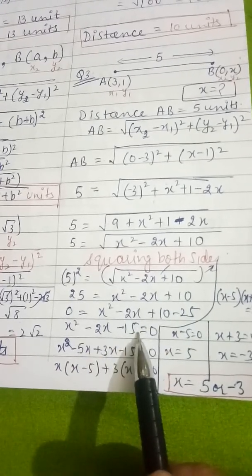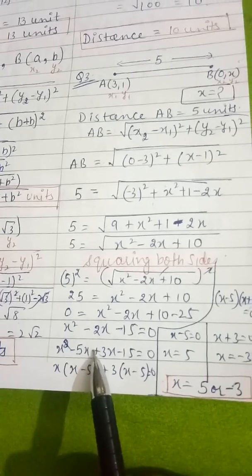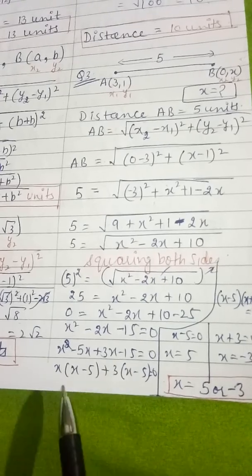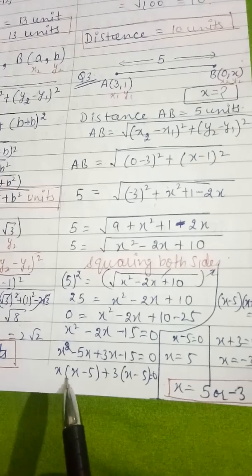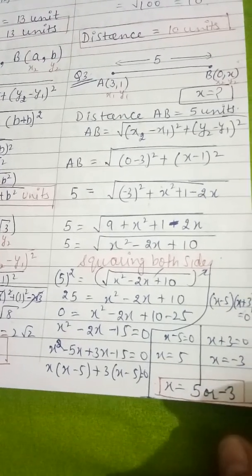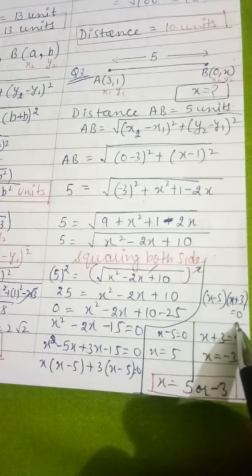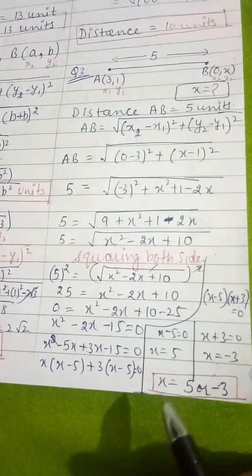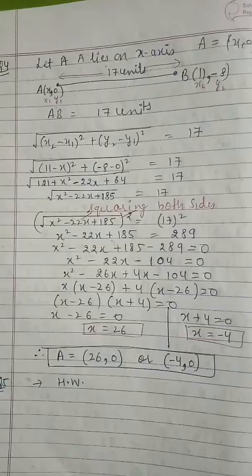Here we will get a quadratic equation. You know, we have already done that factorization chapter, and we can apply here the middle term split method. By the middle term split method, these are the factors: minus 5x and plus 3x, and it will be x into x minus 5 plus 3 into x minus 5 equal to 0. Now x plus 3 and x minus 5 both are equal to 0. So this will be equal to 0, and this is also equal to 0. So what are the values of x? The value of x is 5 or minus 3.